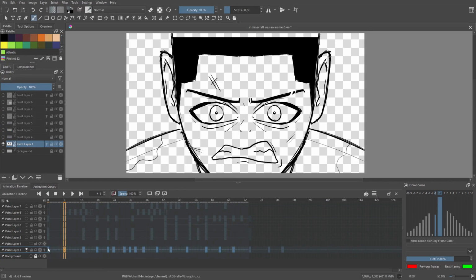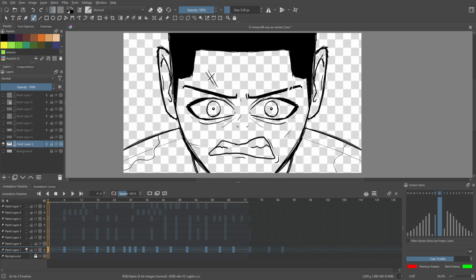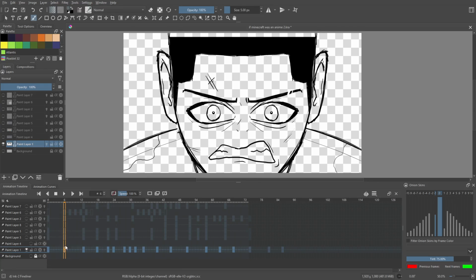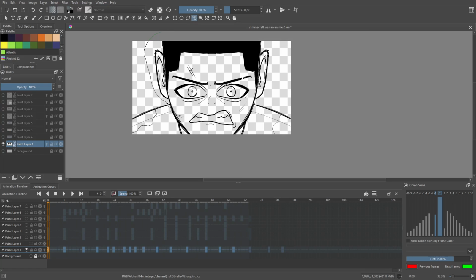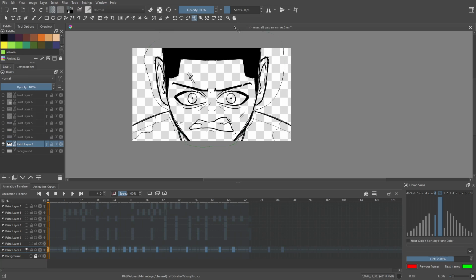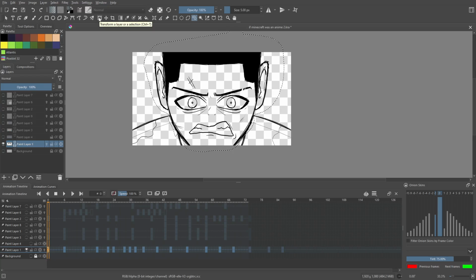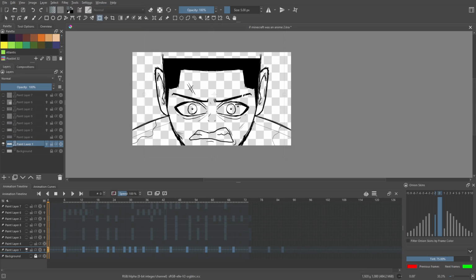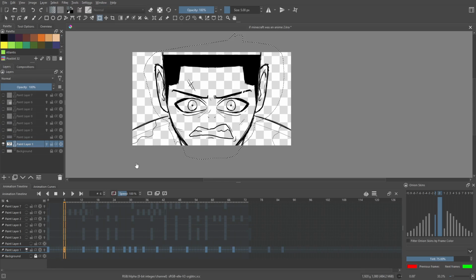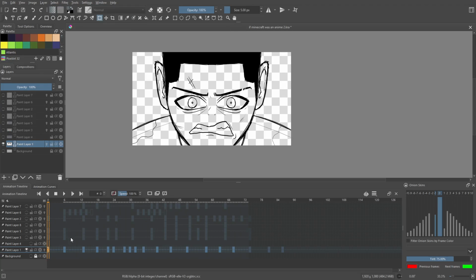My mistake. So on the first keyframe right here, we have the character just up, staring forward. And then I skipped ahead to the sixth frame, and he just moved down. I didn't do any different painting. I literally just took the tool up here at the top, this little freehand selection tool. I drew a little selection around his head, and didn't get his shoulders, didn't get the collar, didn't get any of that. Just his head. Then I went to the move tool right here, which is the transform layer, and I just moved it downwards. I held down shift, and I just moved it down just like that. And then I cleaned up the little extra pieces, essentially. So that's literally all that I did on frame 6.